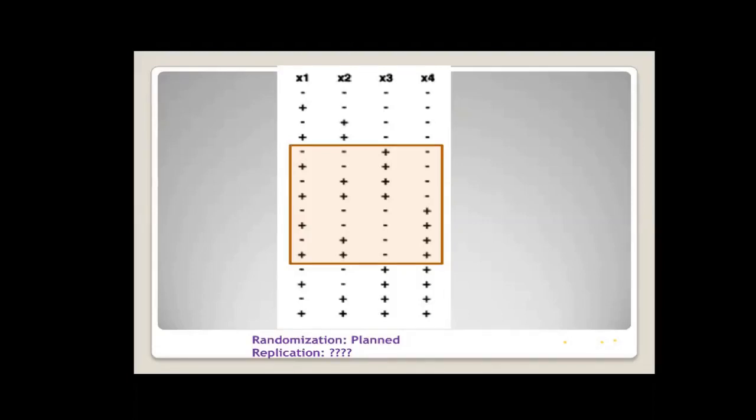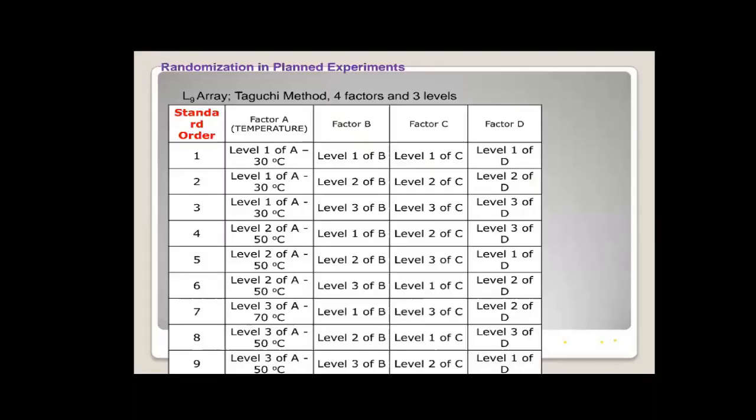variable. There could be a particular missing parameter due to which there is more variation in the process. So our task is to capture the variation. Here I have given things in a more descriptive manner. So standard order, first experiment number 1: factor A temperature level 1, 30, factor B level 1, factor C level 1, factor D level 1. For the second experiment I have given whatever I spoke just before. Everything is given here in a descriptive manner, so you can read this and will come to know.